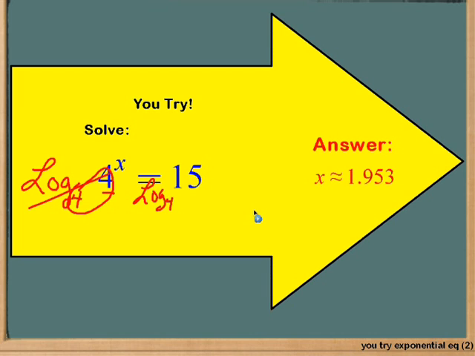So the answer is approximately 1.953. Remember, you're rounding to the nearest thousandth, which is 3 decimal places to the right. If you got that right,